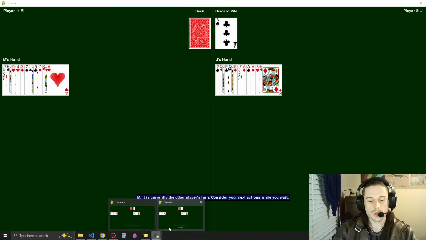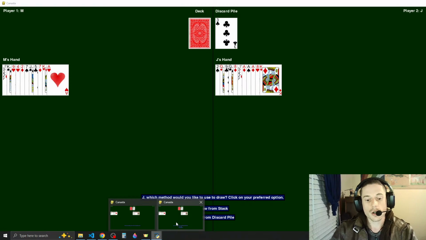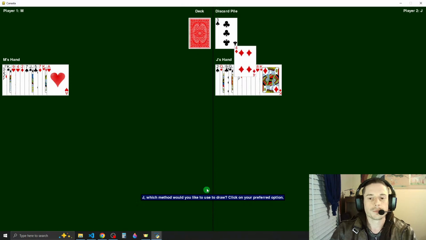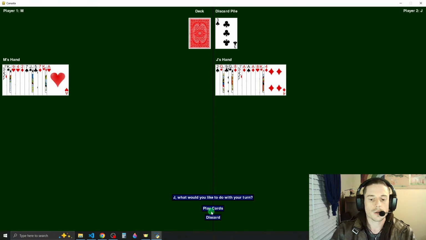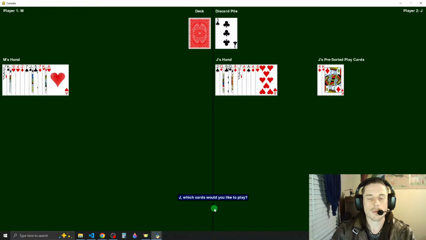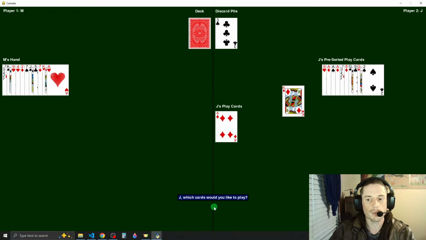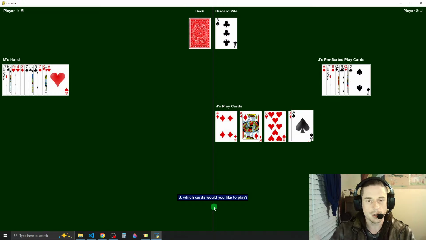This is being transferred over the network. Yeah, if that makes sense, they're online. It's an online game being played online, but it's the same IP address.